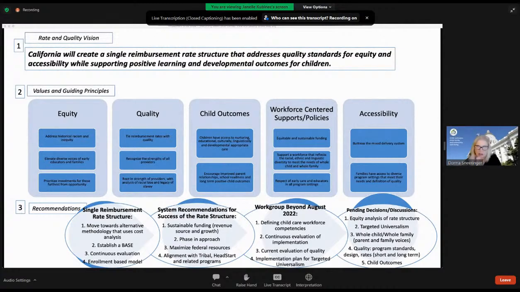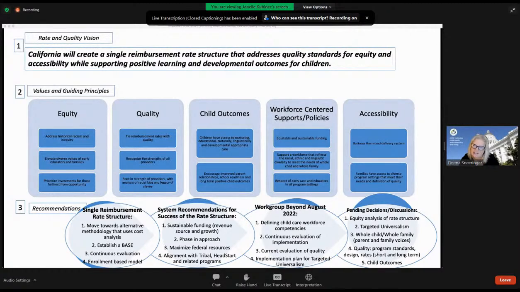I don't know if it fits in boxes or if it's in other text. I think that we've done a lot of work in the state defining quality around teacher qualifications and academic achievement. And I think that it would be important to broaden that. We do have this entire child outcomes section, but